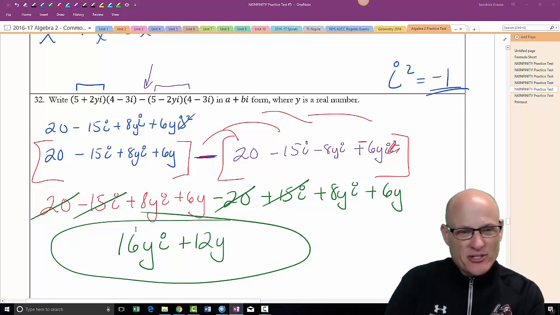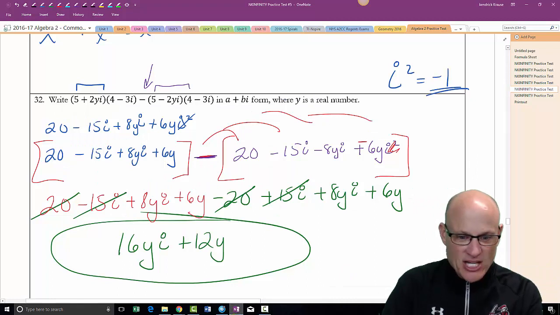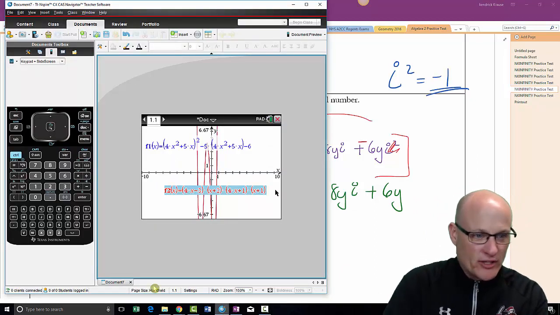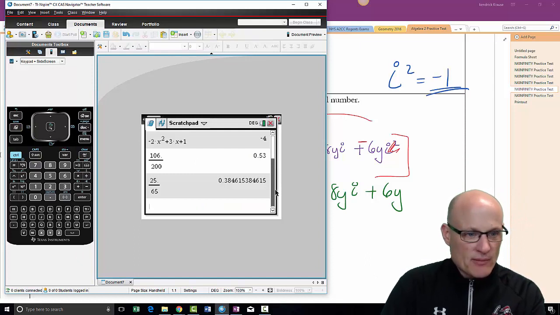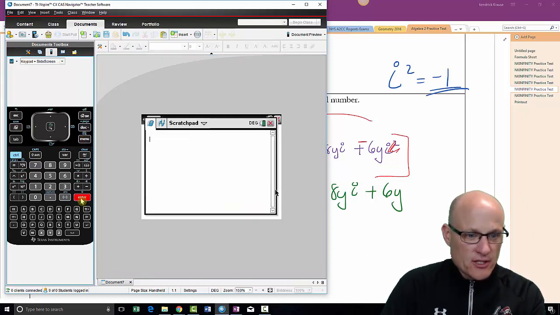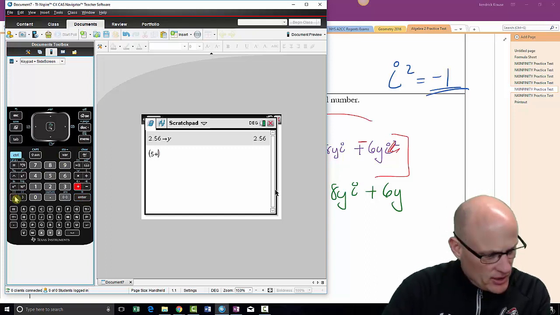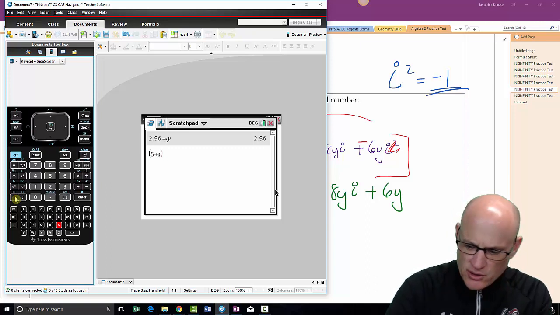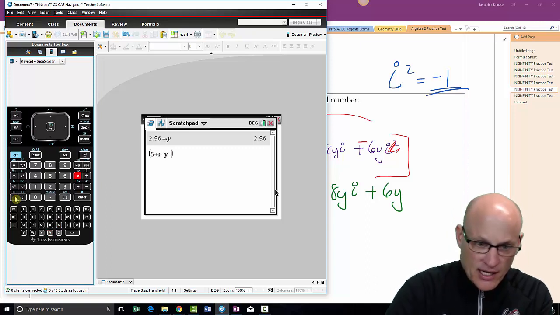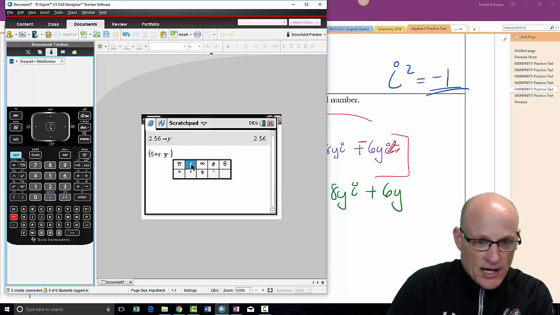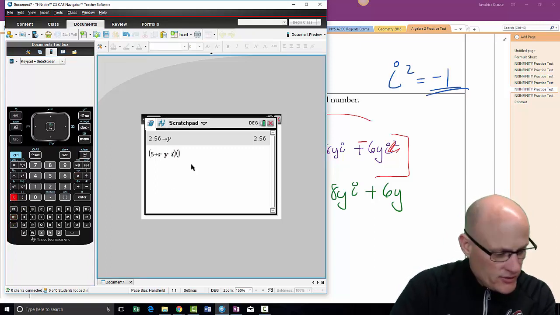All right, so let's see if my calculator can help me out with this problem. I think it can. Check this out. This is the be-all, end-all of coolness. All right, it's not really. So let me just get a fresh graph here. I'm going to store any number, 2.56, into y. So let's go parentheses, 5 plus 2 times y times i, parenthesis, parenthesis, 4 minus 3i,